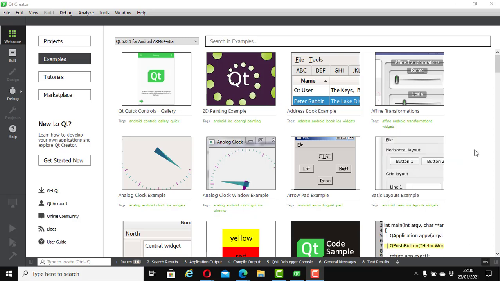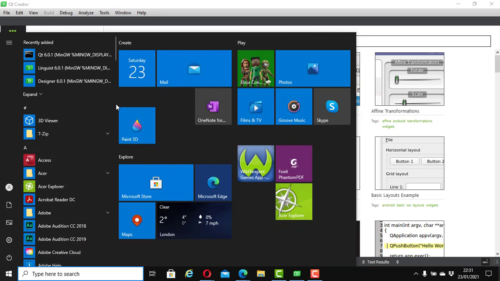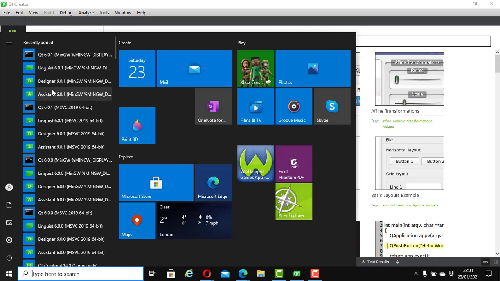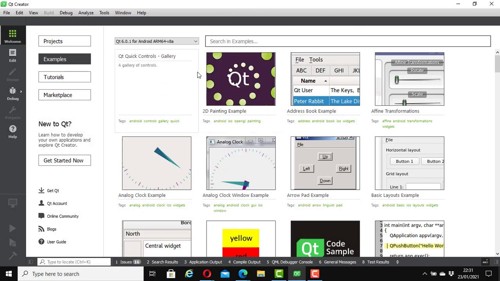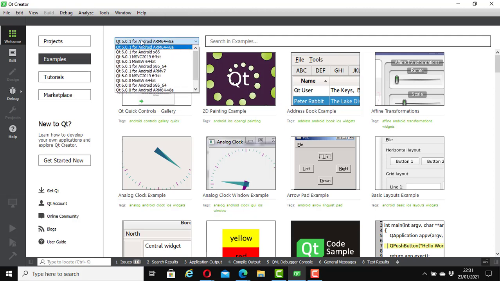If you have launched it and it is not looking like this, or you cannot see it, you can also go to the start menu and find it from wherever you have installed it from the programs. If you are to launch it manually, you can click on the Qt Creator and you will get this same page. So this is the Qt Creator version of it, and because we installed version 6, you can see it is Qt 6 here that we have.